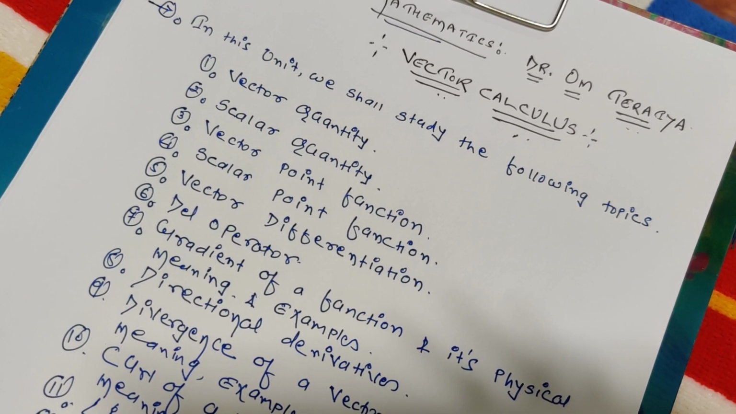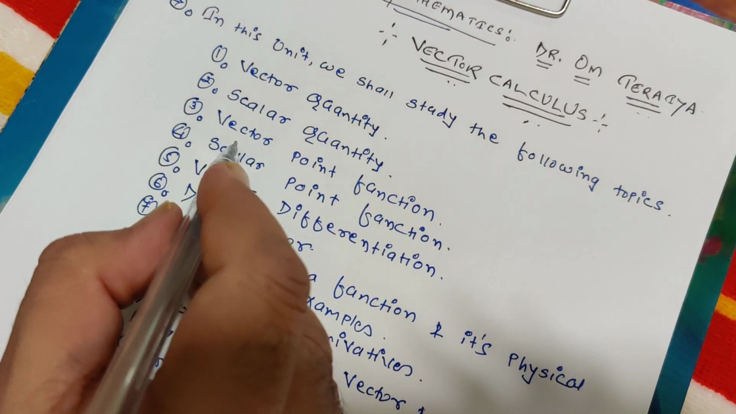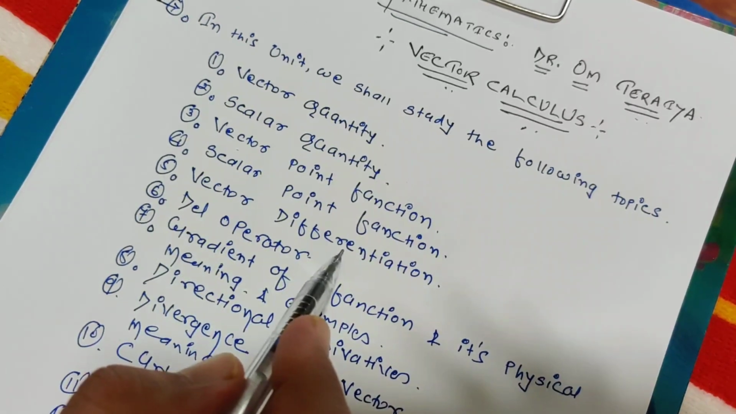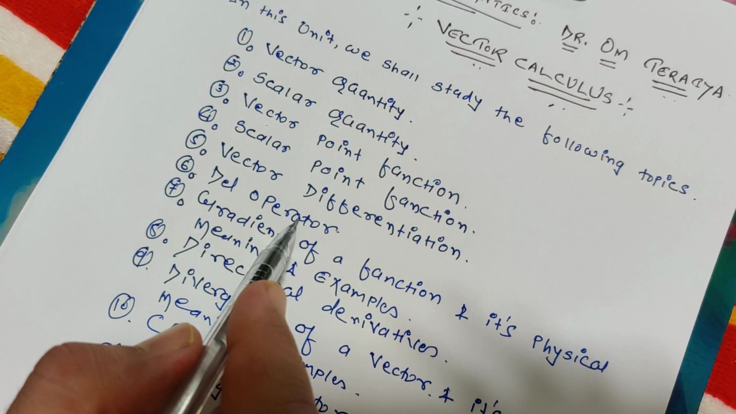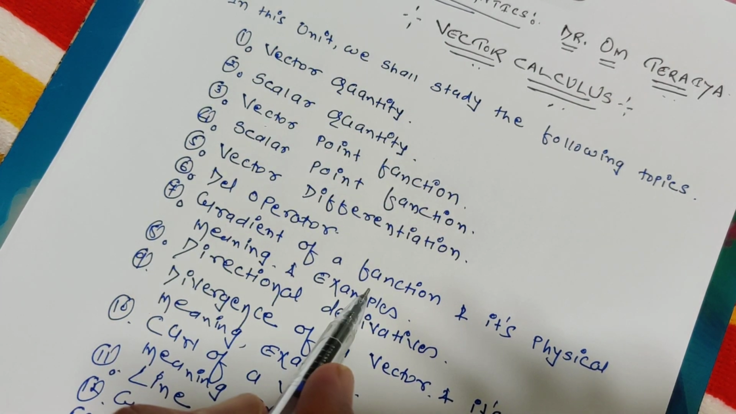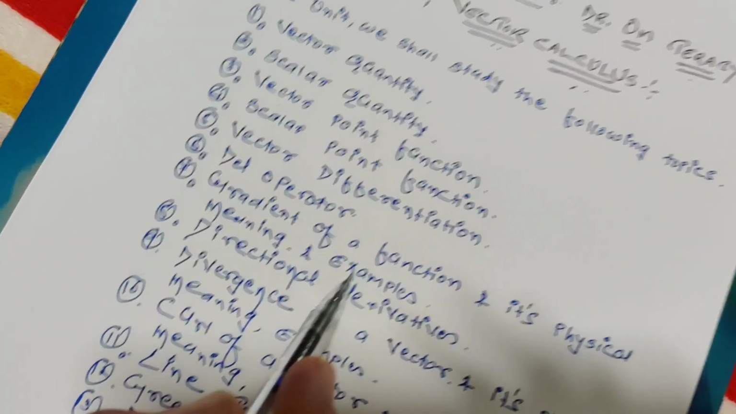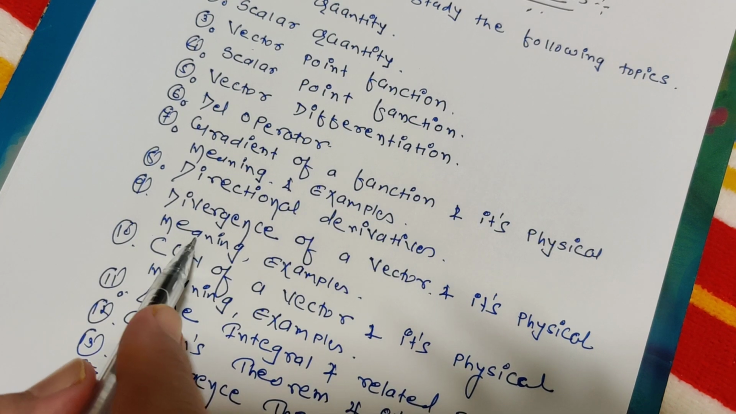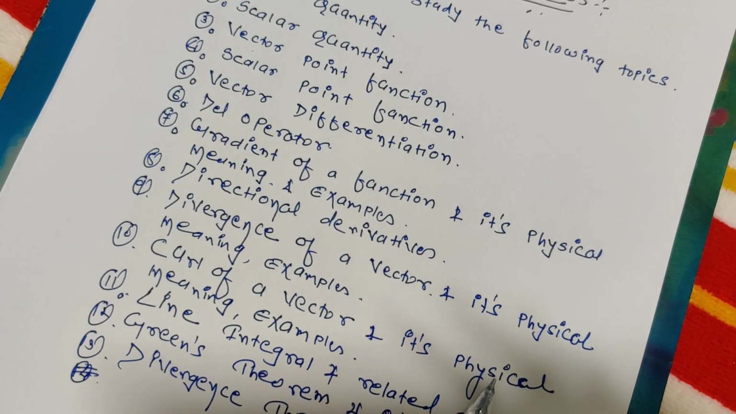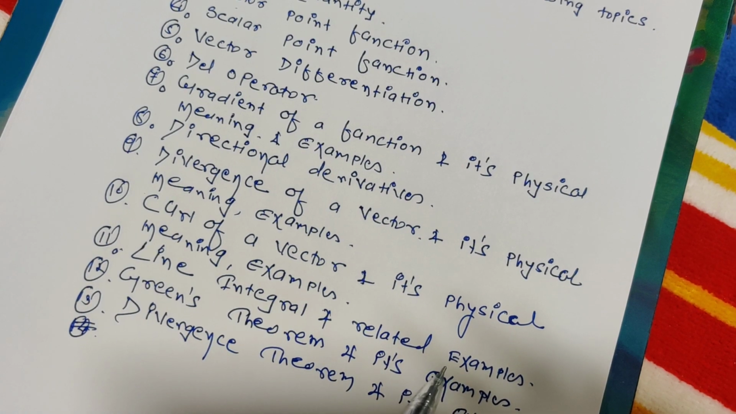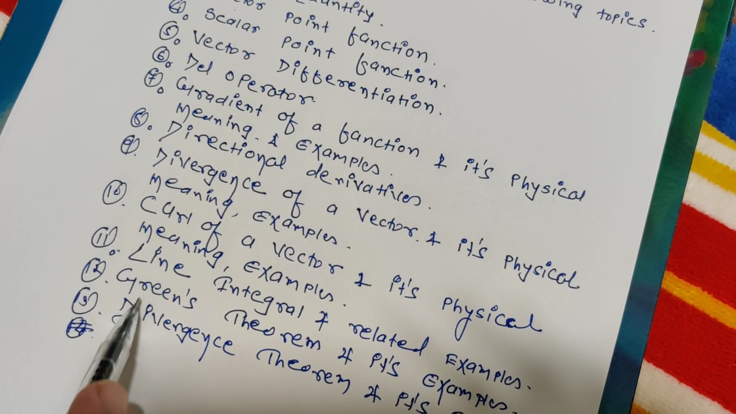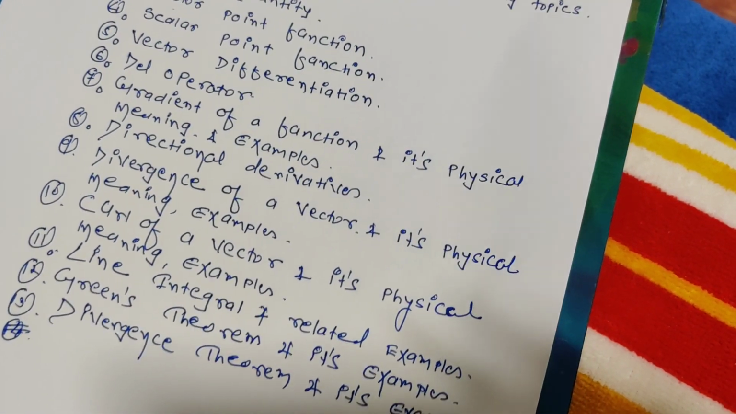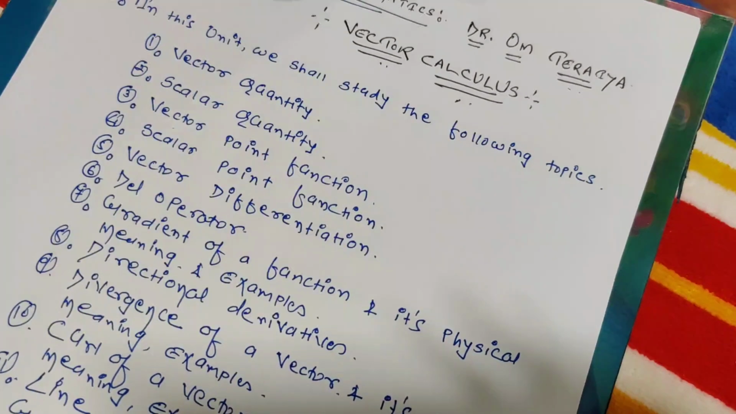First we'll see what is vector quantity, what is scalar quantity, what is vector point function, what is scalar point function, what is vector differentiation, what is del operator. Based on that we'll see the gradient of a function and its physical meaning and its example. Then we'll see the directional derivative, divergence of a vector and its physical meaning, curl of a vector and its physical meaning, line integral and related example. Then we'll see two theorems, Green's theorem and divergence theorem and its example, students. So let us start with the very first point, that is